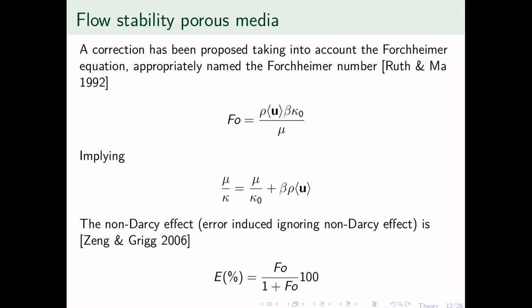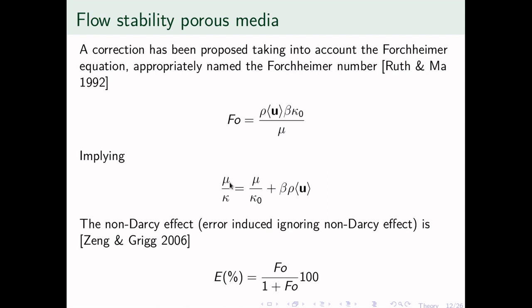More recently, the Forchheimer number was proposed, based on the Forchheimer equation, which takes into account the beta and kappa coefficients calculated from the Forchheimer equation. So you need data for the Forchheimer equation to be able to calculate the Forchheimer number. We're using kappa 0 here, not to confuse with kappa calculated from the